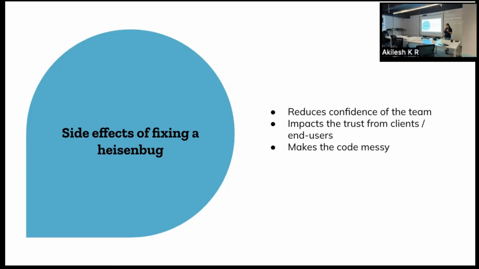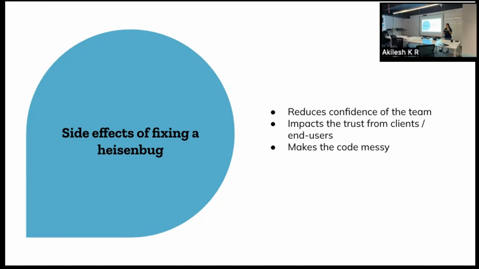As a dev, would I have the confidence to tell the client or customer that I have fixed this bug? I wouldn't, because I don't know. I think I have applied a fix, but there could be multiple layers to it. I might have fixed only the surface, whatever was on the first layer, and once that is fixed, the problem beneath it might surface again. That would reduce the confidence of the team. And when the client or the end user is looking at using your product or services, it wouldn't have a good impact.